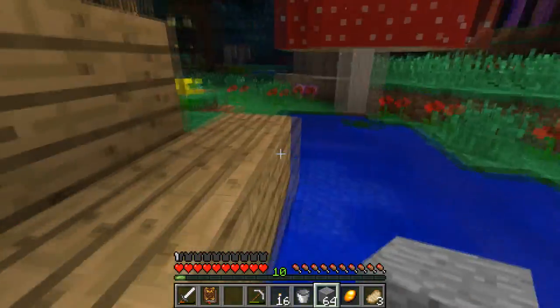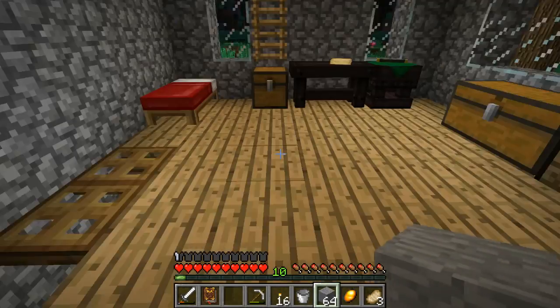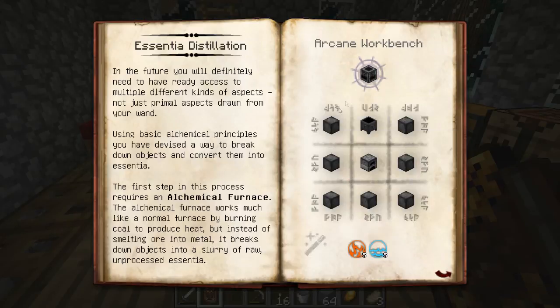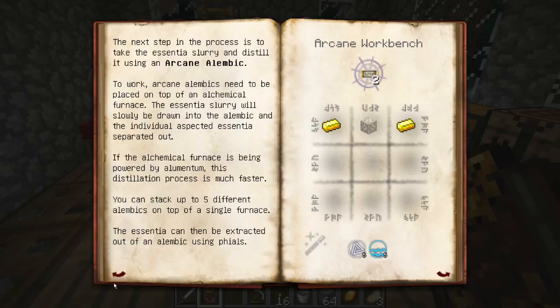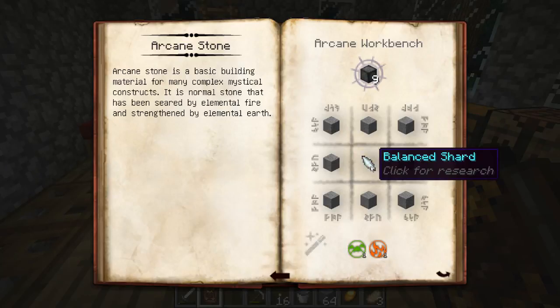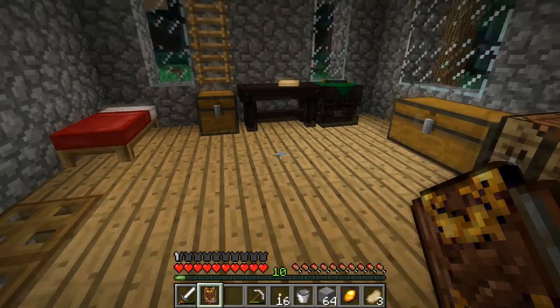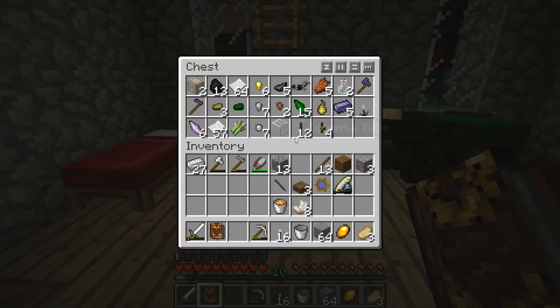Stone. Alright, what am I at? Well, I'm kind of past the time. Why don't I just make the, because I still gotta go find gold anyway, so I'll make some arcane stones. I'll show you guys those real quick. They can take any shard, even your balance shard, though you have to be really, really desperate to use a balance shard, and regular stone. And you get 9 for 8 stone, which is really nice. And they're cheap too. And I only have earth and ordo, so...